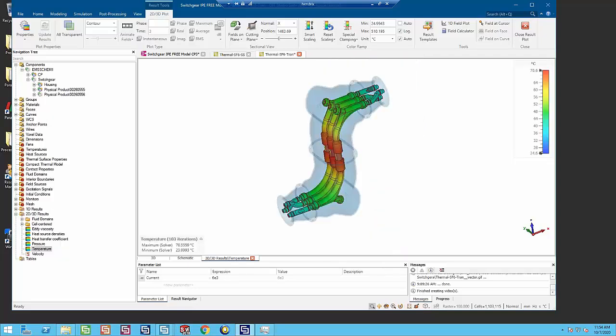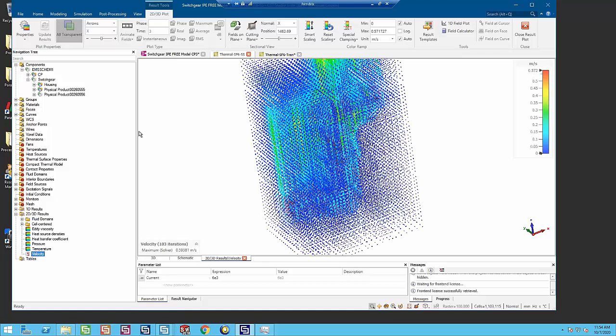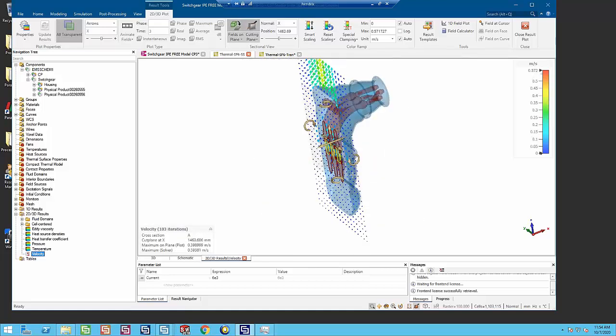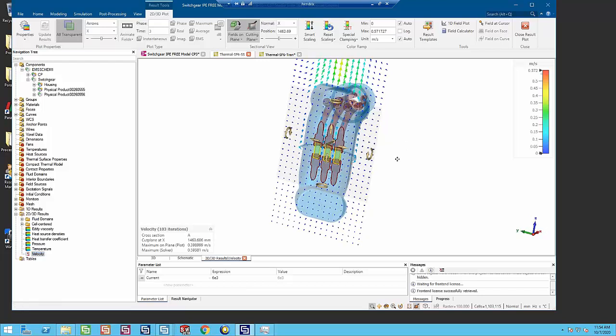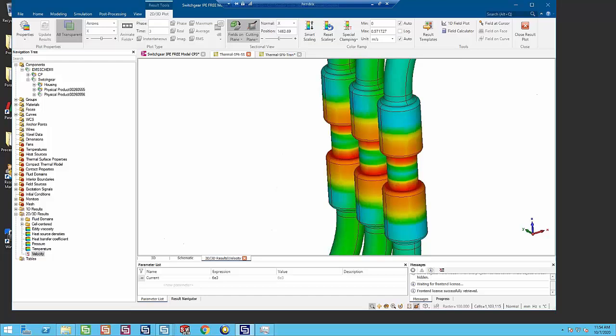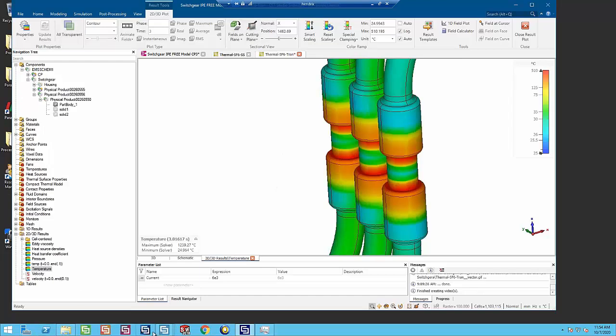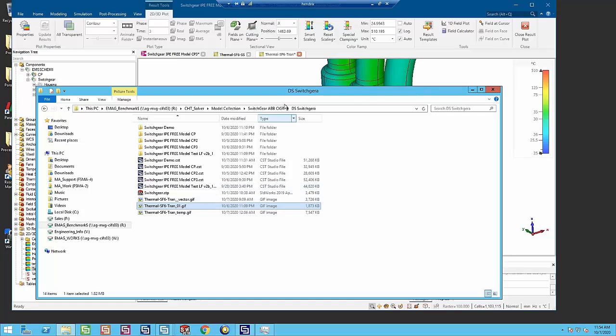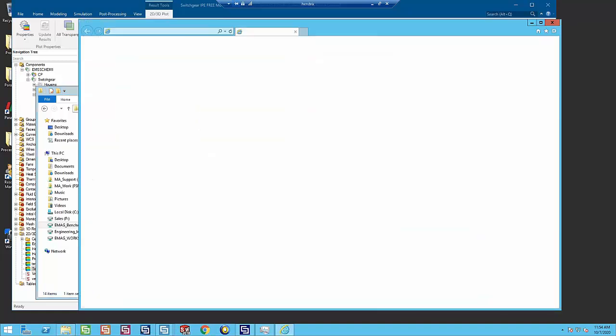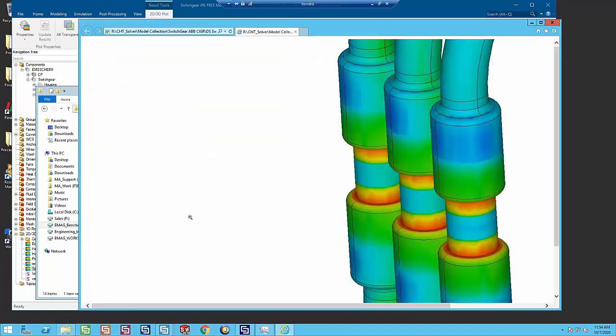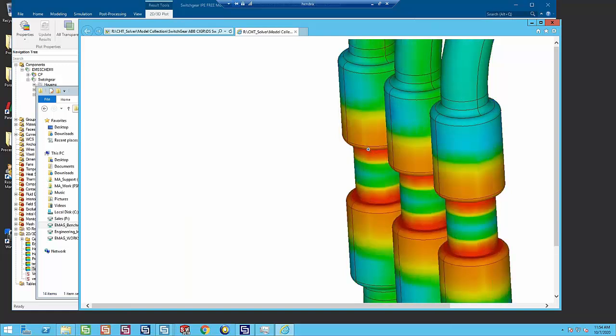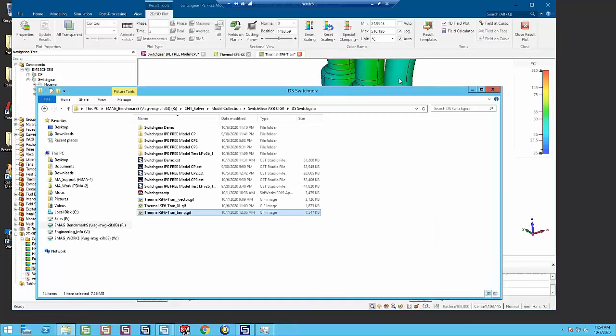For the steady state results, we can solve for speed and temperature as you see on the screen. You can do all the same operations that you did before, but this time you'll see the hot plume showing up. And for the transient analysis, I captured a few pictures here because it will be slow if you play it over here. So for the temperature change, it's like this. The temperature is really heating up for the short circuit analysis. You can see it starting from the contact property and migrating to other places. And here is the